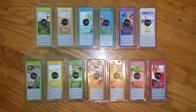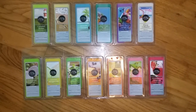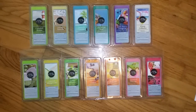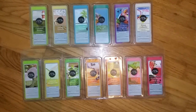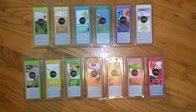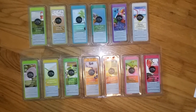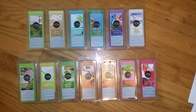Living Colors wax melts are made by a company called MVP Group International. It's M as in Mary, V as in Victor, P as in Paul, Group International. MVP Group International also makes the Mainstays wax melts at Walmart. They also make Colonial candles, the Burt's Bees candles and wax melts, Paula Deen wax melts, which are discontinued, Everyday Escapes, Everyday Essentials, Interiors by Design. Those are a lot of dollar store wax melts. True Living, which comes from Dollar General, the Kmart and the Sears store brands, and the Febreze Home Collection wax melts. So MVP Group makes a lot of